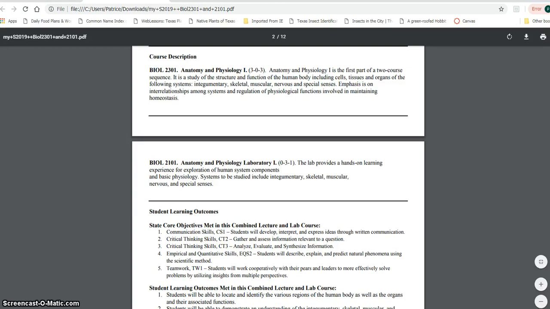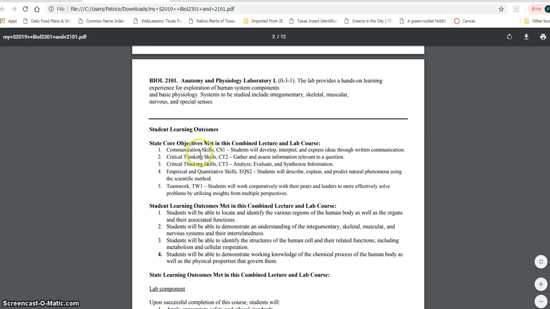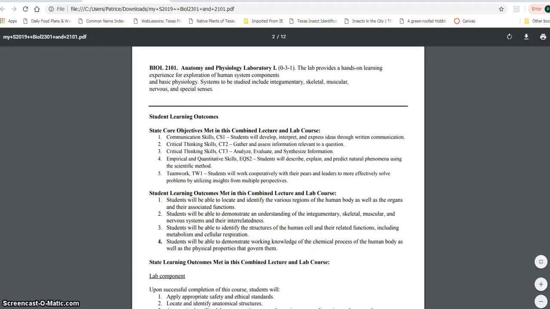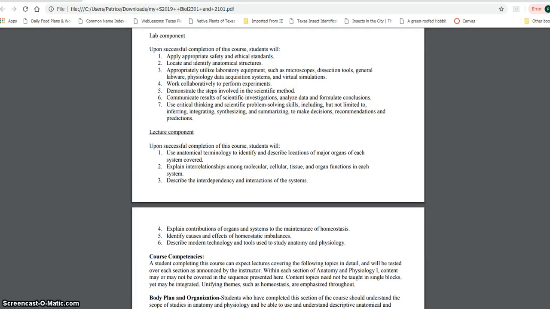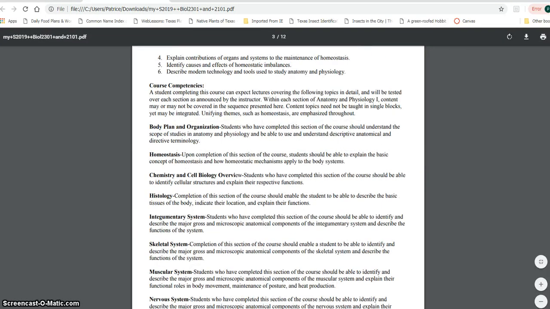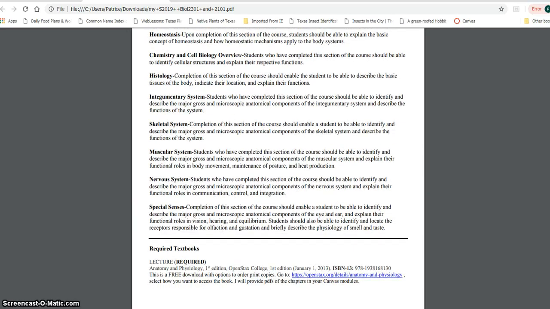And then here are what the state mandates for your capabilities, what we call your skills or competencies. And then we also have what we've agreed as instructors you should be able to do once you complete this. And then we've also included what the state says that every AP1 student should be able to do. So we did divvy that into what really the lab, something you more likely receive in lab, and the things that you are more likely to receive in lecture. But this is a combined course, so they should really complement each other very, very closely. All right, so goes on and talks about the various concepts that you're going to learn, so that's there for